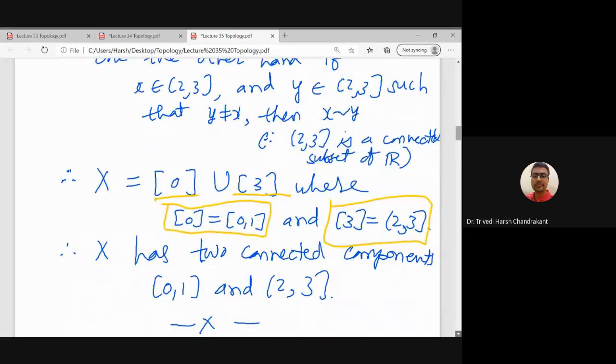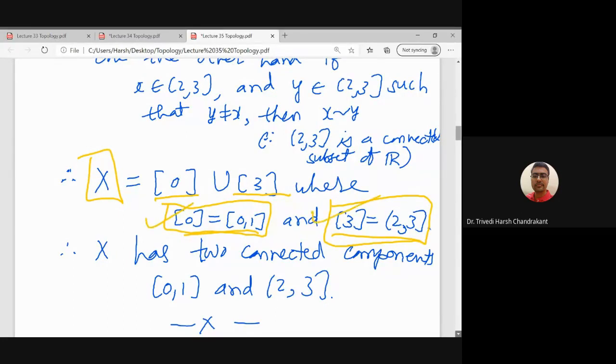And these two equivalence classes are disjoint and they cover the entire space. So there are only two disjoint equivalence classes with respect to this equivalence relation, and